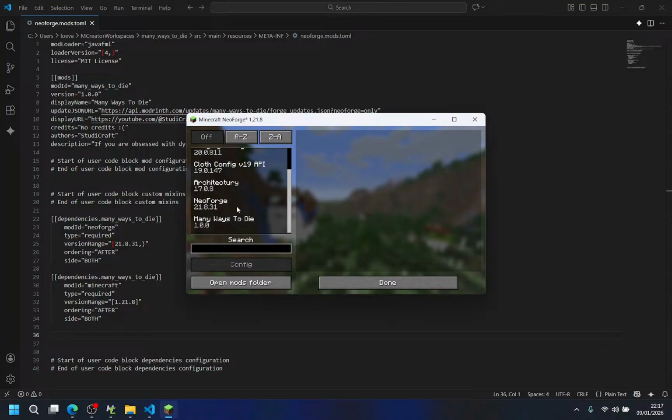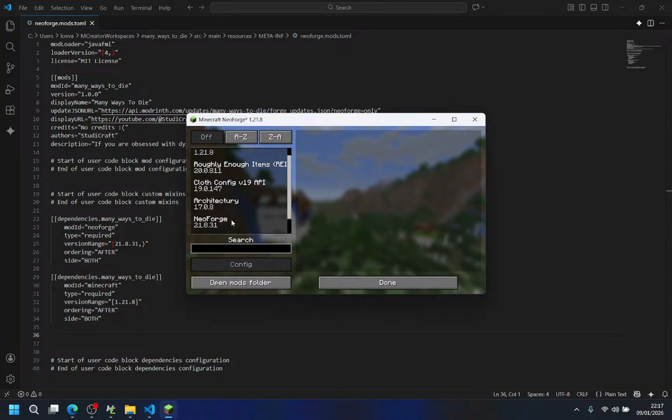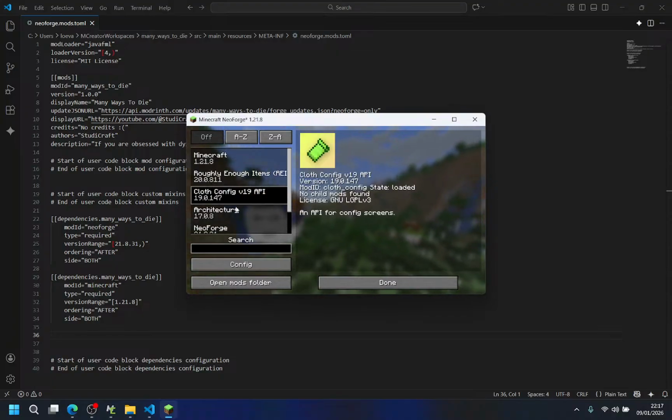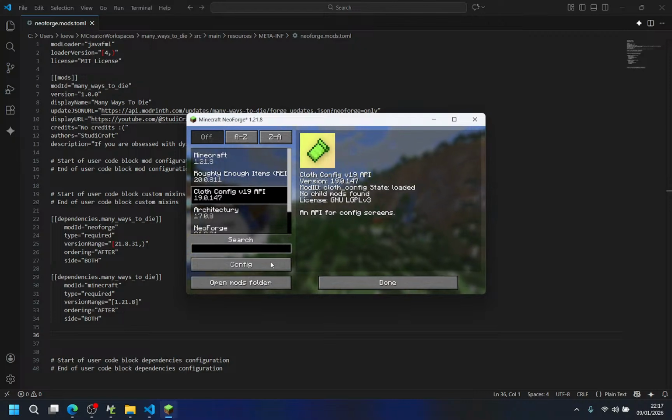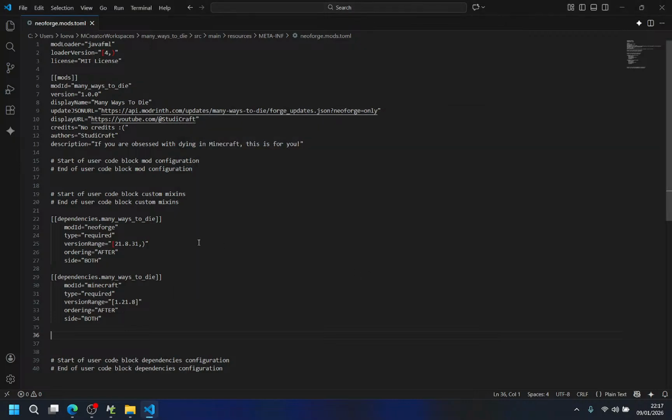Proceed to main menu. Wait, mods, NeoForge. How can there be Cloth Config v19 API? I didn't include it, right? Or was it in the build.gradle? It was.